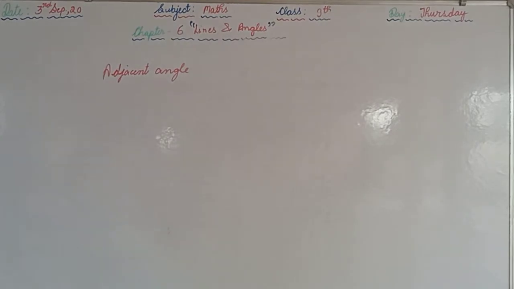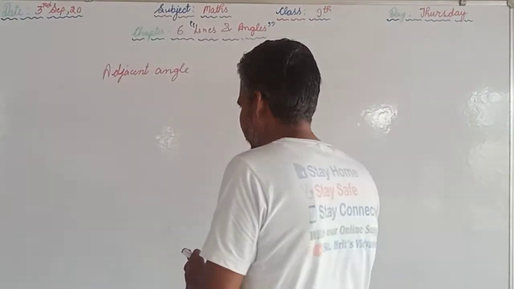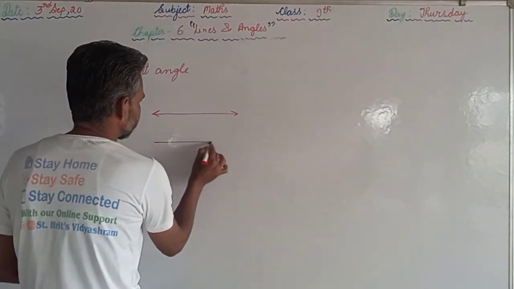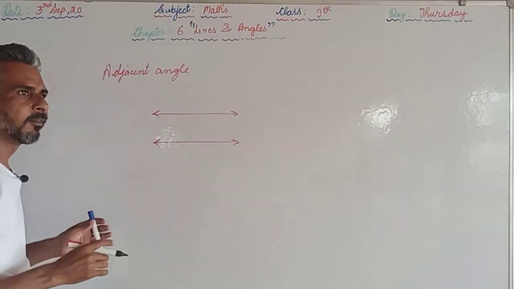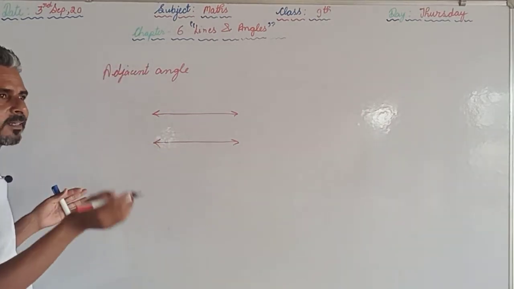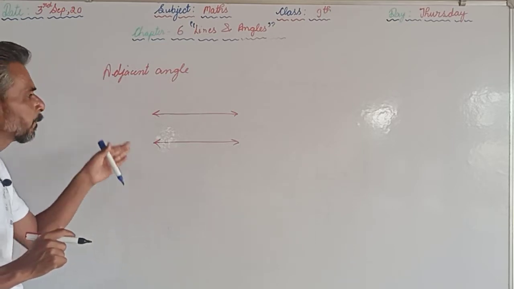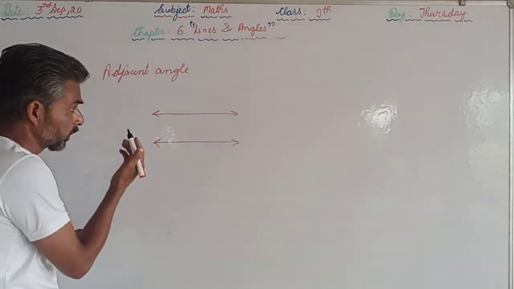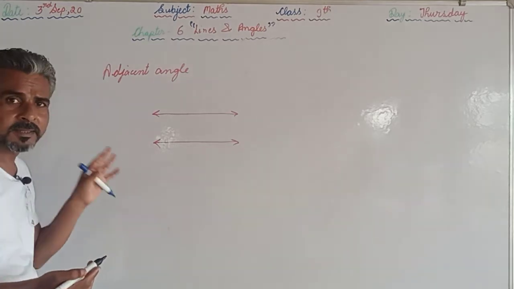Afterwards, parallel lines or non-parallel lines, means parallel lines or intersecting lines. If two lines are there like this, and when produced on either of the sides they never intersect each other, then the lines are known as parallel lines, like the railway tracks. So if they never intersect on either of the sides, then we can say these are parallel lines.